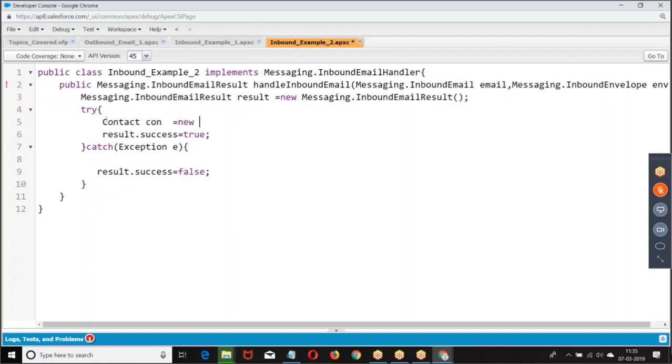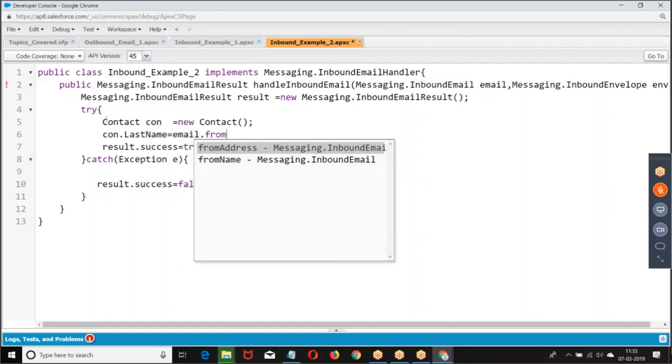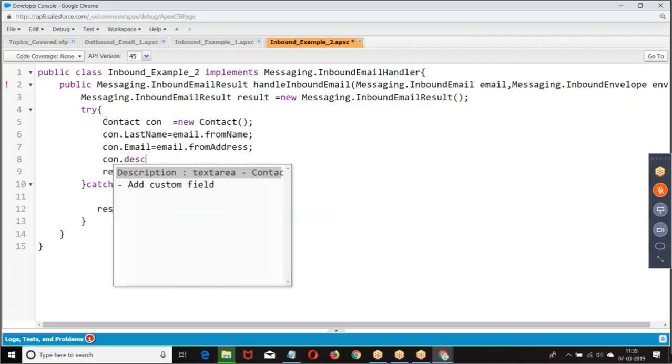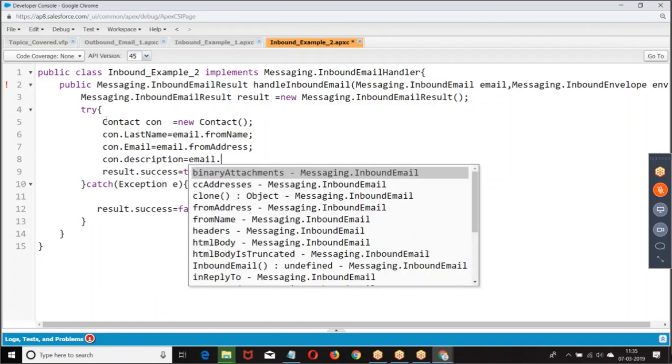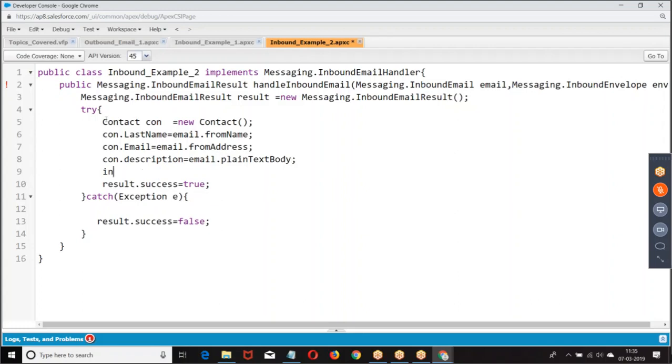Contact c1 equal to new Contact. c1.LastName equals email.fromName. c1.Email equals email.fromAddress. Insert c1. Insert contact. Give return result.